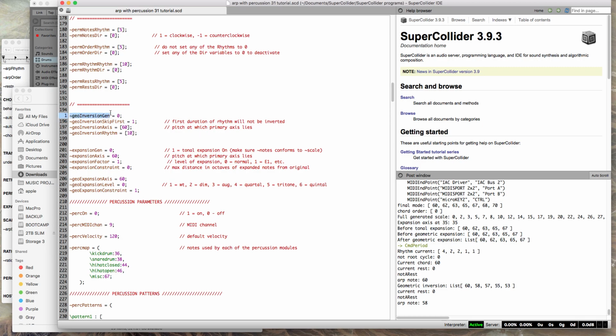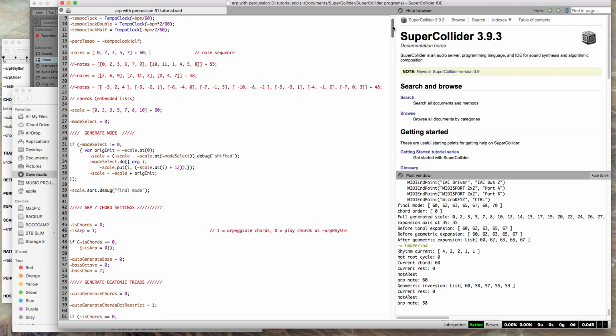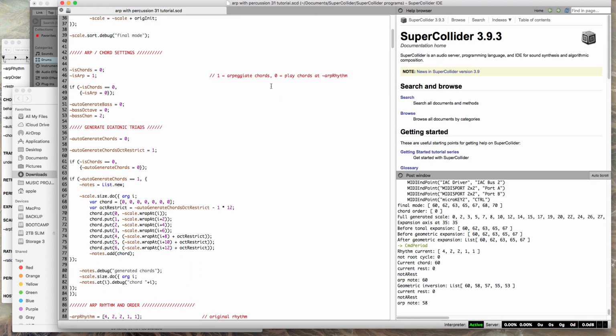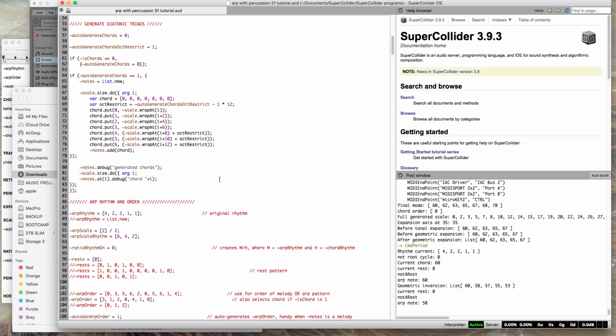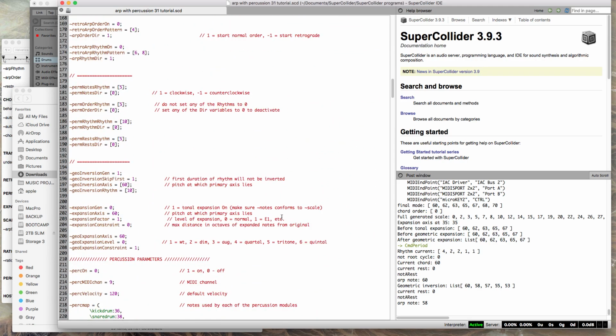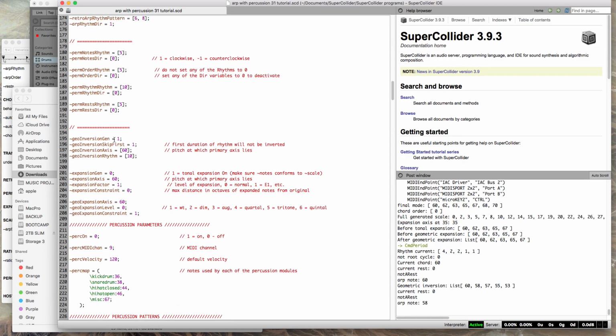So this first variable here is an on-off sort of affair. Up until now, this has been 0, so it hasn't been doing anything. If you turn it on, it's now doing something. We're still dealing with our same old sequence of notes that we've been dealing with. I know that's probably getting a little boring, but I'm just doing it so that it's clear what's actually happening here. And I turned auto-generate ARP order on, so it's just going to cycle through those notes. Now, with this on,